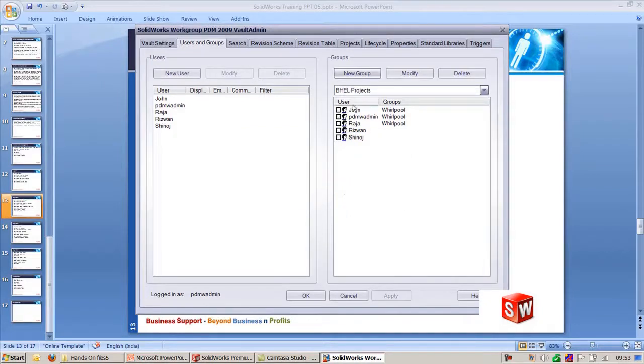Click OK. And here Rizwan and Shinoj and pdmwadmin, that is the leader. These three will have access. This is how we can create new user and groups. Once you complete this, to create new projects and to give access for this user and group, get into the